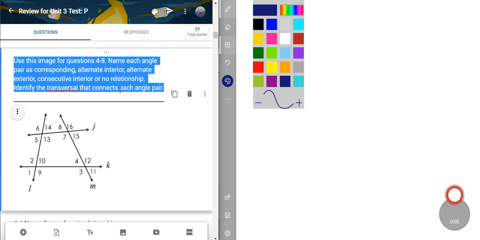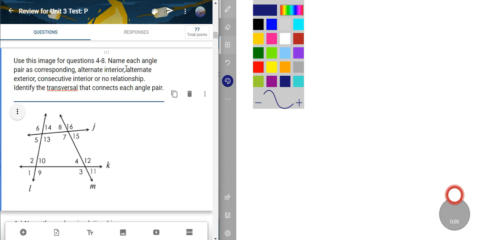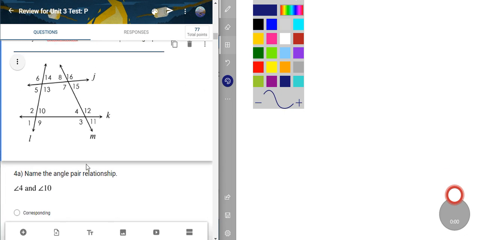So using this image for questions 4 through 8, name each angle pair as corresponding, alternate interior, alternate exterior, consecutive interior, or no relationship. Identify what the transversal is that connects each of these pairs. So now we're going to be given some angle pair. You got to name the relationship and then identify the transversal that connects them. So